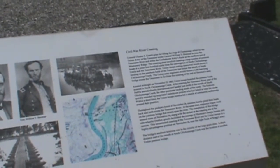General U.S. Grant's plan for lifting the siege of Chattanooga called for the Union Army of Tennessee under General William T. Sherman to cross the Tennessee River and strike the Confederate Army's flank on the northern end of Missionary Ridge. The crossing plans involved massing a large number of pontoon boats at a point 400 yards from the convergence of the North Chickamauga Creek and the Tennessee River. Union troops rowing downriver would secure a landing on the southern bank of the Tennessee just below the mouth of the South Chickamauga Creek, which is where we're at. The Union Army engineers would throw a 1,200-foot-long bridge across the Tennessee to facilitate the crossing of the rest of